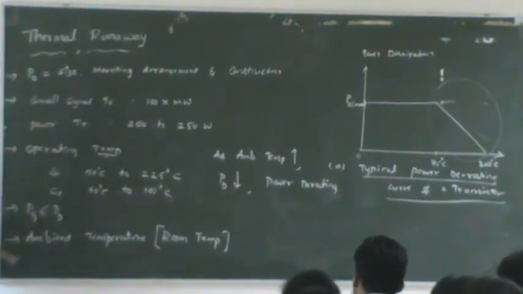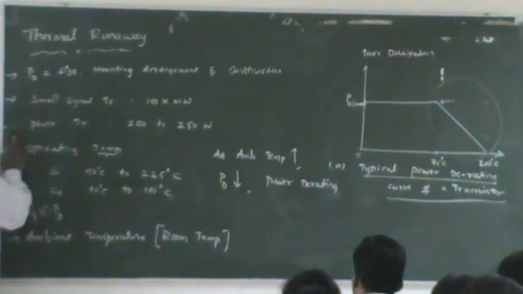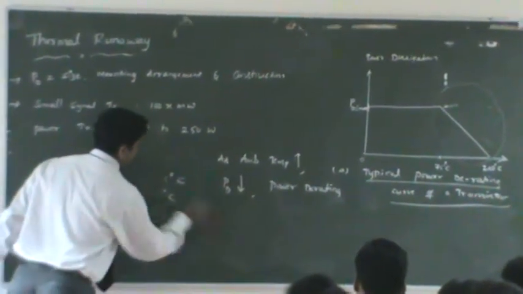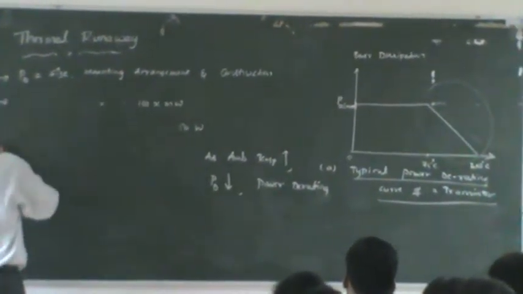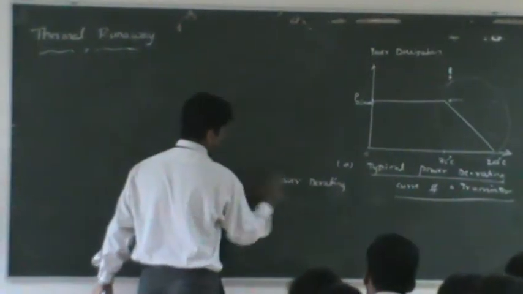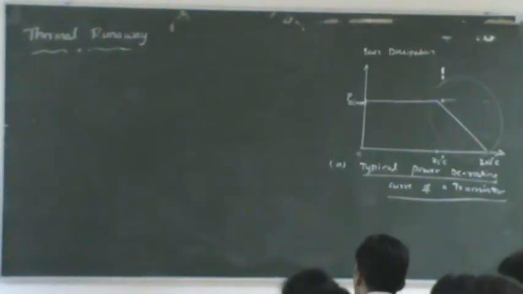So those aspects we are going to discuss. As we discussed so far, the operating point. If the operating point is not designed properly, definitely thermal runaway is also going to occur. If the circuit is not designed properly, then that causes a concept called thermal runaway. And now we are going to overcome that. We are going to identify it in today's class.